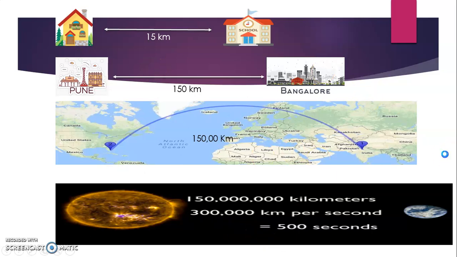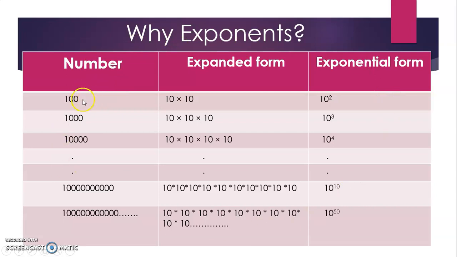Let's see how. This is a table of larger numbers. See here, the numbers are getting larger and larger. Let's start with the first one, that is 100. This 100 can be easily expanded as 10 times 10, so it can be written as 10 raised to the power of 2. You can see that this 2 raised over here is the exponent. And why have we written it like this? Because 10 is multiplied by itself, and it appears only 2 times, so we write 10 to the power of 2.